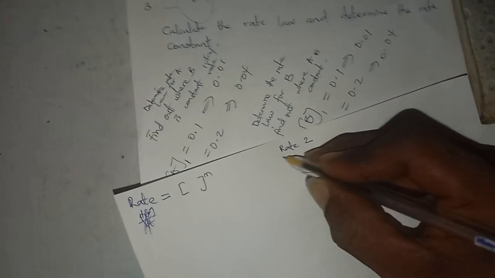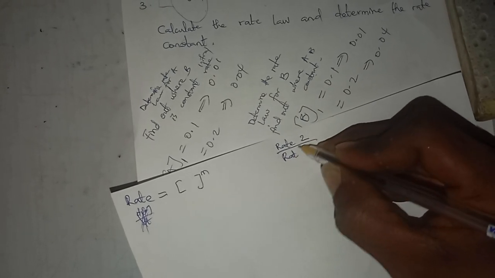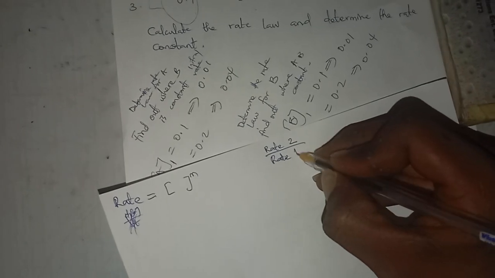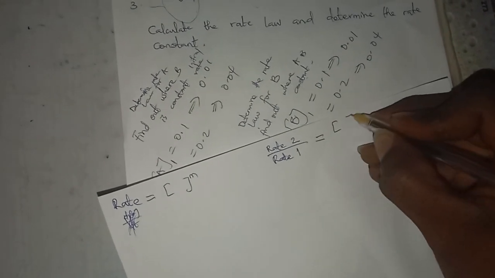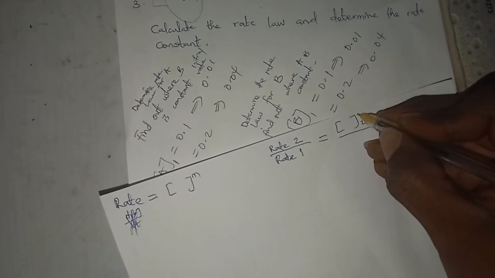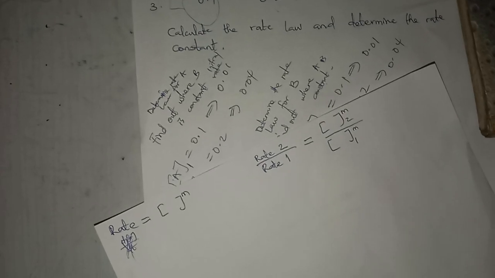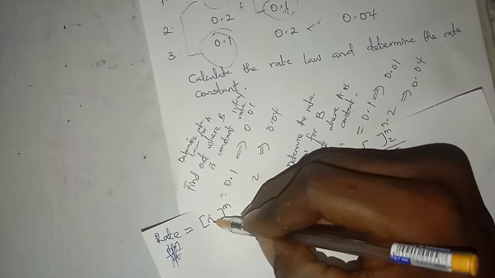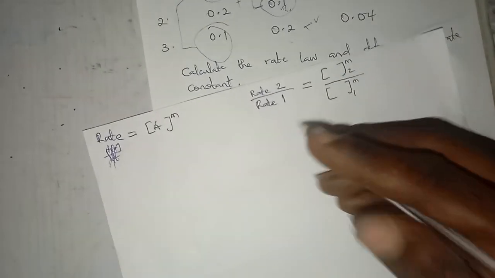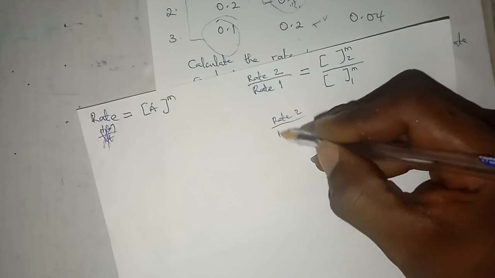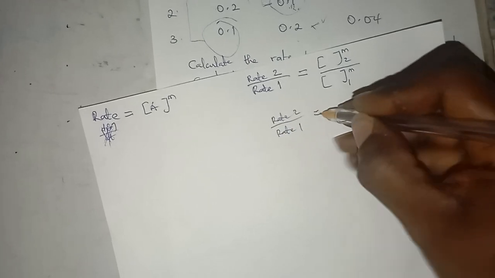rate 2, the rate of the second experiment, divided by the rate of the first experiment, is equal to the concentration of the second experiment raised to power m, divided by the concentration of the first experiment, still raised to power m, because everything about that particular concentration, let's say A here, is going to be raised to a particular power. Another way to put this is rate 2 over rate 1 equals